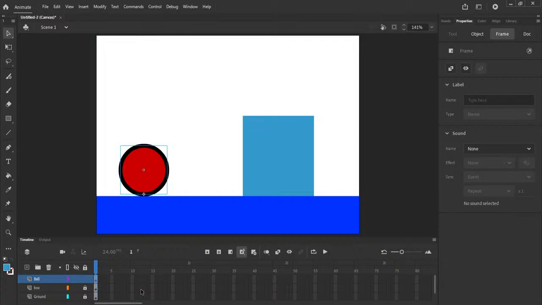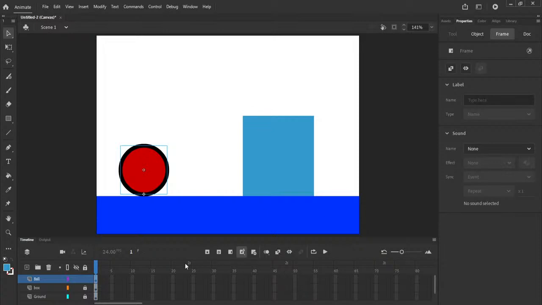Now the trick is, on the first frame, I want the ball to be here, and I want it to animate like the ball jumps over here. So this is my first keyframe. Initially, in the first keyframe, I want the ball to be here, and in the last keyframe, I want the ball to be here. For example, these are the time limit, like these are the frames. I want the animation to be